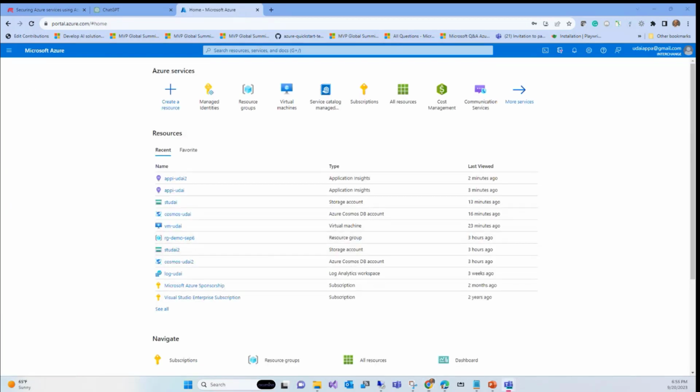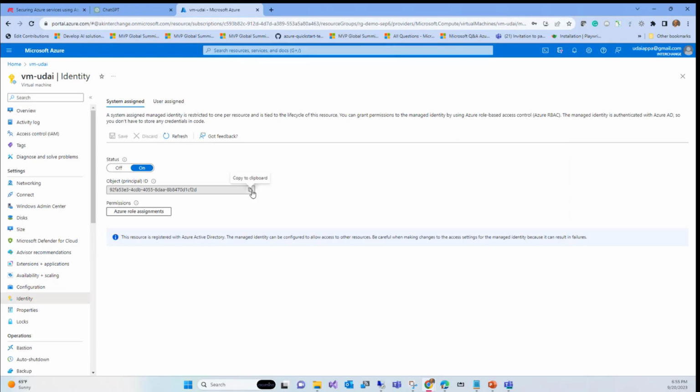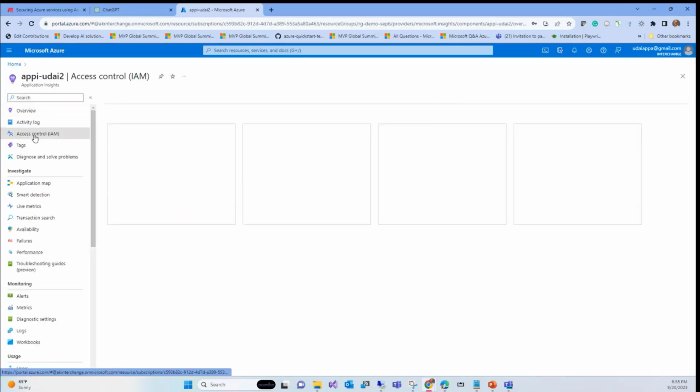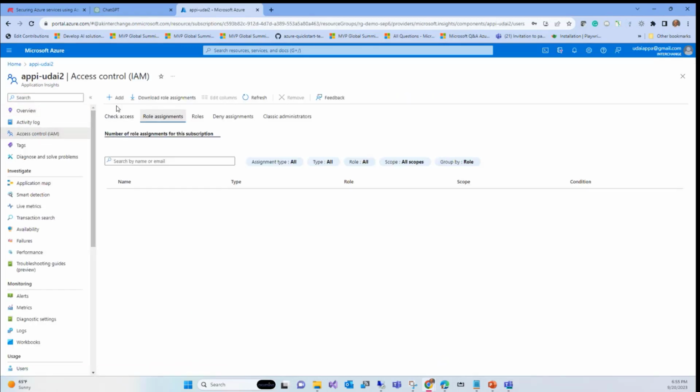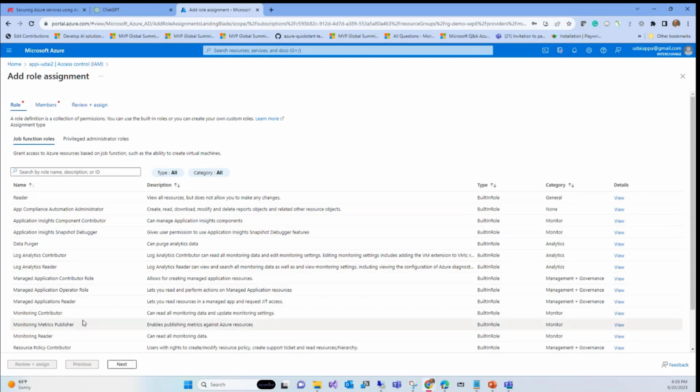Now what we're going to do is go back to the VM and copy that identity, right? Now we're going to go back to that app service, go to access control, then role assignments, add role assignment. And what was the role that we need to enable?